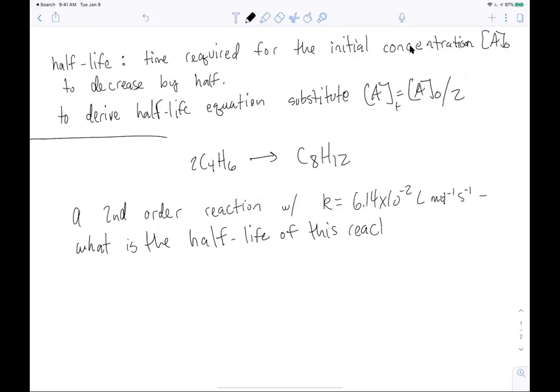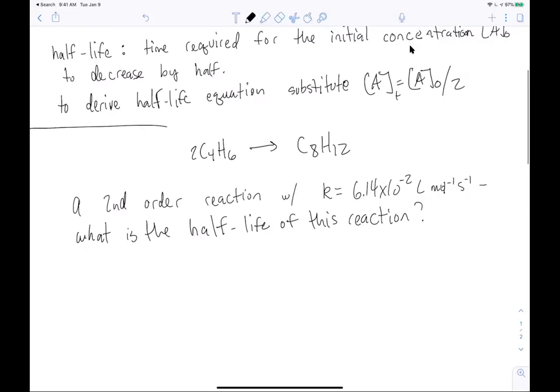So there's a good amount of ways that you can be asked about half-lives. You can be given the half-life and asked to solve some stuff for it. And I think there's some good problems in the homework for that. So this one is giving you some data here and asking you to calculate what the half-life is. So we need to know also second order reaction, and we'll say that the initial concentration